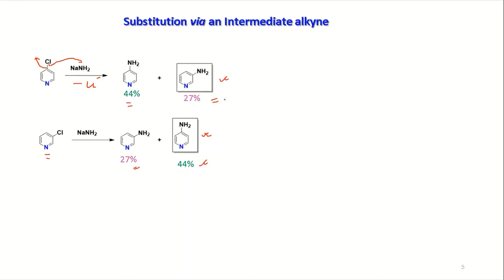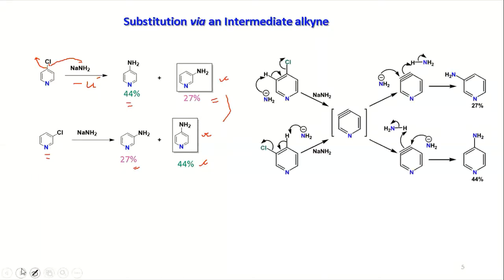So if they are giving the similar result, what it indicates is they must be going through one single intermediate. That's why it is happening. And that is expected to be the pyridyne intermediate. Now if you have this one, what can happen? Your amide can attack here, or your amide can attack here. You come to know that the 4 position nucleophilic attack, the gamma position, is more preferable than the beta position. That's why you have the gamma as the major product. So here 44%, here 27%.